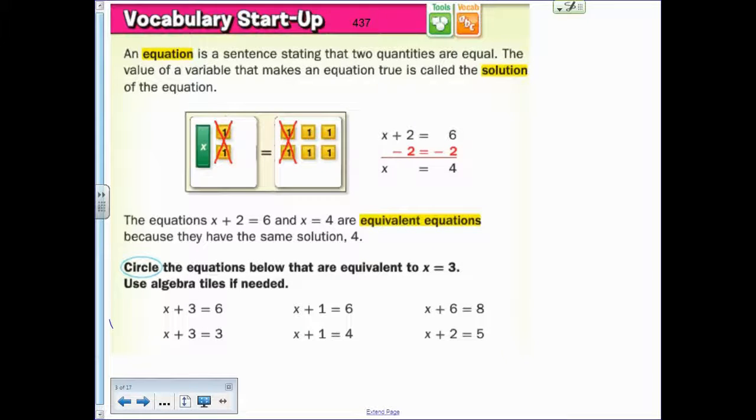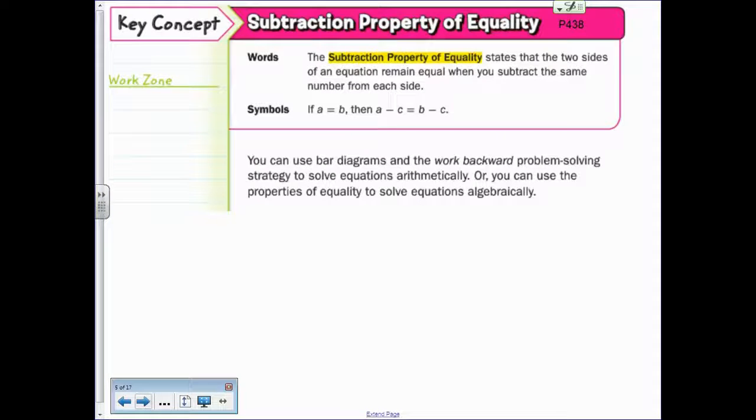All right, today we're going to be starting chapter 6, which is on solving equations. To solve equations, we have to know some properties of equations in order to do that. It says here the subtraction property of equality, and this is on page 438. The subtraction property of equality states that two sides of an equation remain equal when you subtract the same number